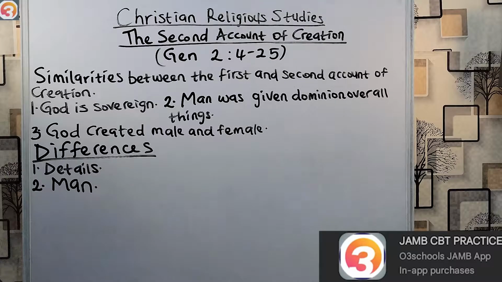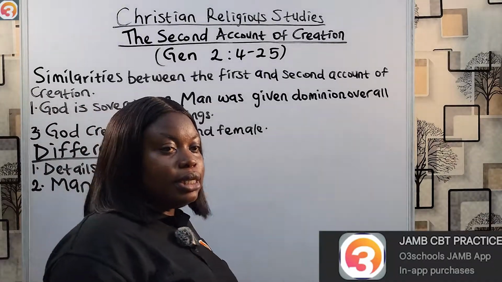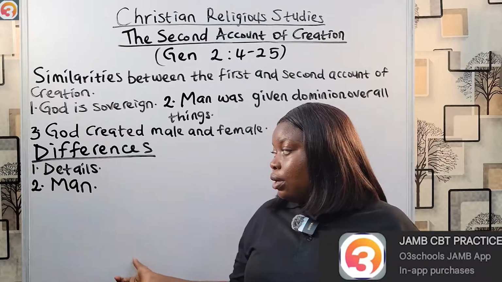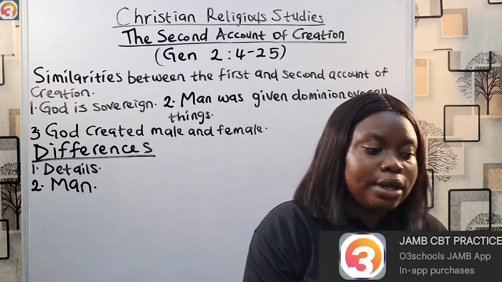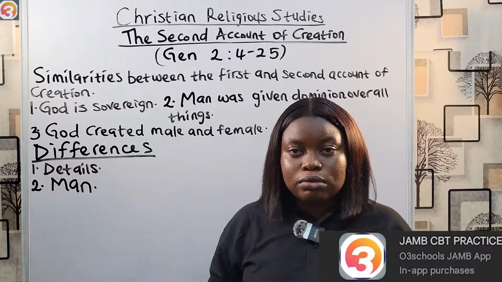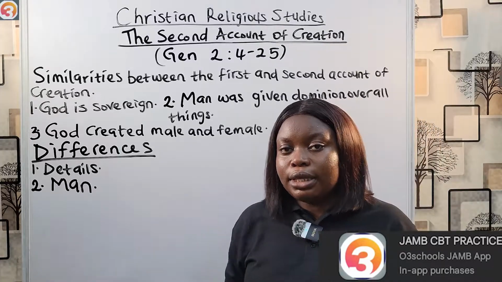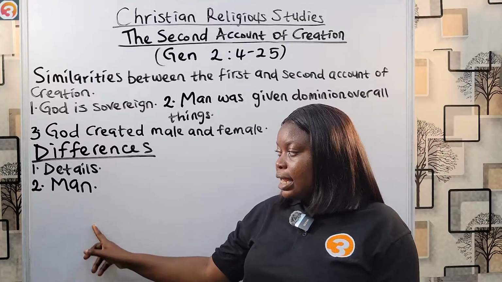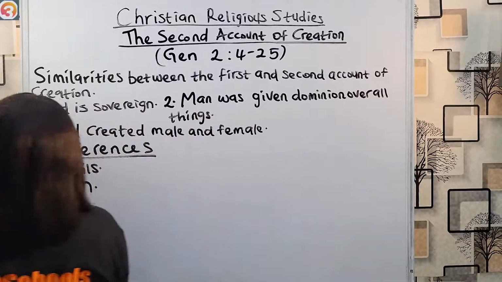Then the second difference was man. In the first account, man was created last. On the sixth day, God created land animals and man. But in the second account, man was created first. The land was bare, it was barren. God had not caused rain to fall on the earth, and there was no man to till the earth. So God formed man. In the first account, man was created last. In the second account, man was created first. Then next, we also say